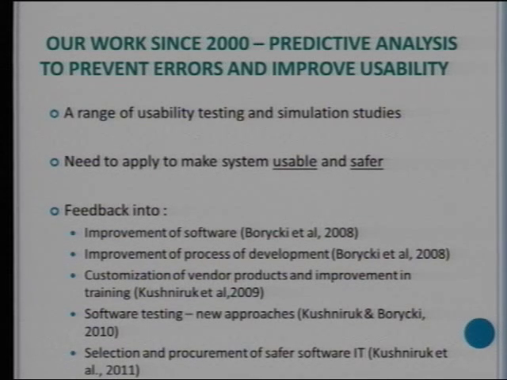This was interesting. Again, as I mentioned, a lot of people will say, what can I do? I have a vendor product. But there's a lot that can be done if you track along the users in terms of customization or feedback. If there's an issue with the commercial system down the road, we often say, can we triage that and say, is there feedback into the system development team for customization potentially, or perhaps there's feedback to training, or perhaps the issue is so serious it has to go back to the vendor, which gets to the new approaches for software testing. And last but not least is the whole idea of procurement.